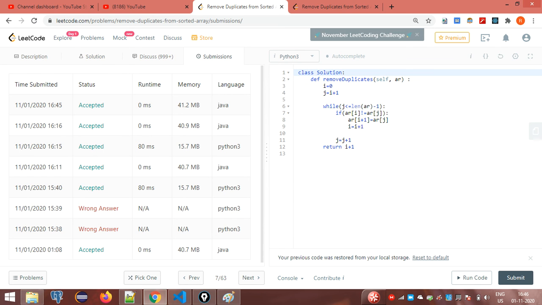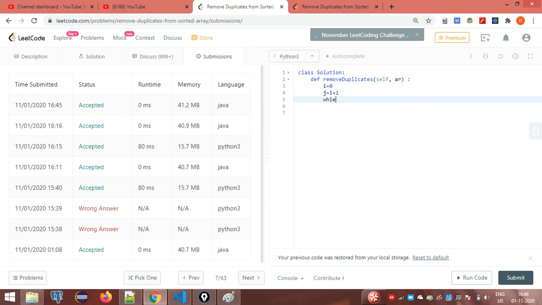So now I will show you the Python code also. I have also done this Python code, so I will do it again. This logic will be the same. You need to initialize i with 0 and j with i plus 1, or you can assign i plus 1.